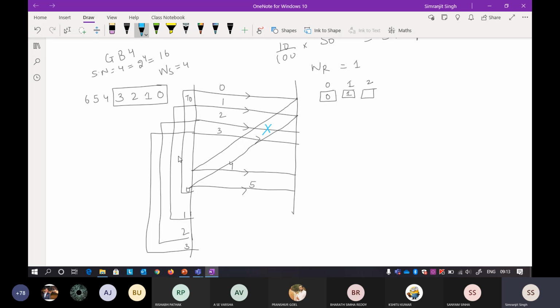Now I have transmitted 4 and 5. It means that I have got the acknowledgement of this one. So at this particular sequence I will be 1 2 3 4. Now I'm showing you that I have received the acknowledgement of 0, and here I have received the acknowledgement of 1. That is why I've transmitted the 4th and 5th packet. But I have not received the acknowledgement of 2, so that is why I'm waiting here.